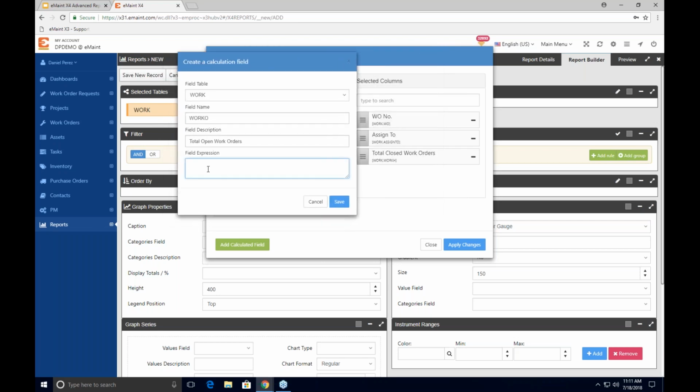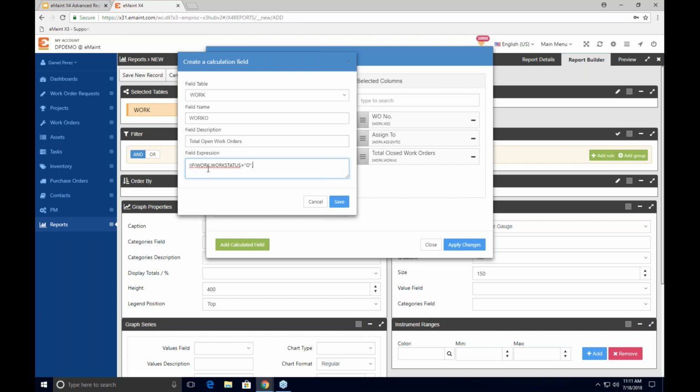And just like last time, let's start off with our if statement. So if work.work status is equal to O,